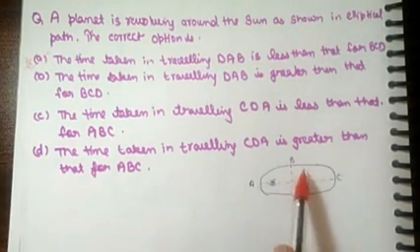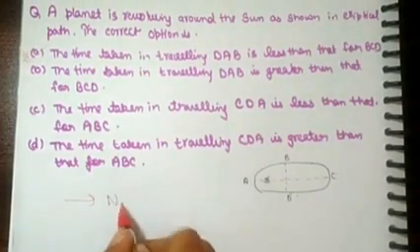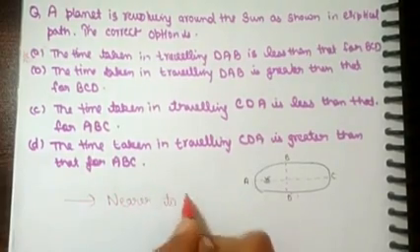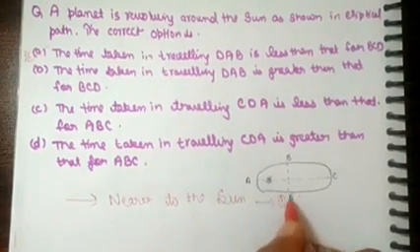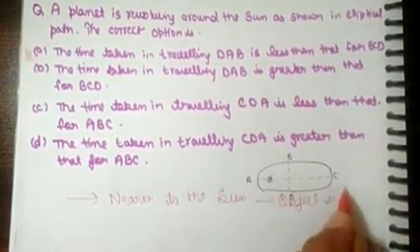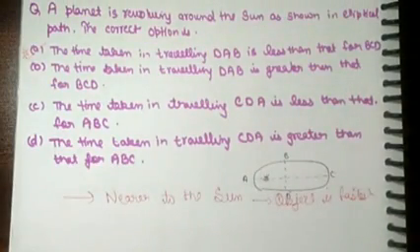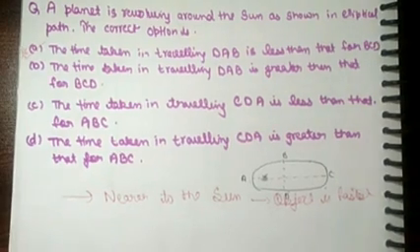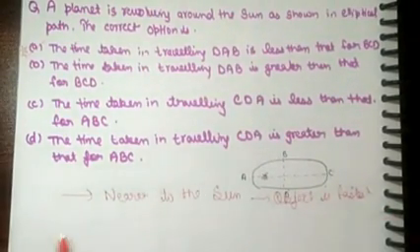So that is totally false, because there is a simple funda that nearer to the Sun, the object will be fastest. Similarly, if we compare C and D, we are going to make the same conclusion. So you have to keep this thing in your mind that nearer to the Sun, the object will be fastest. Far from the Sun, the object will be slower. That's how we are going to deal with such questions.